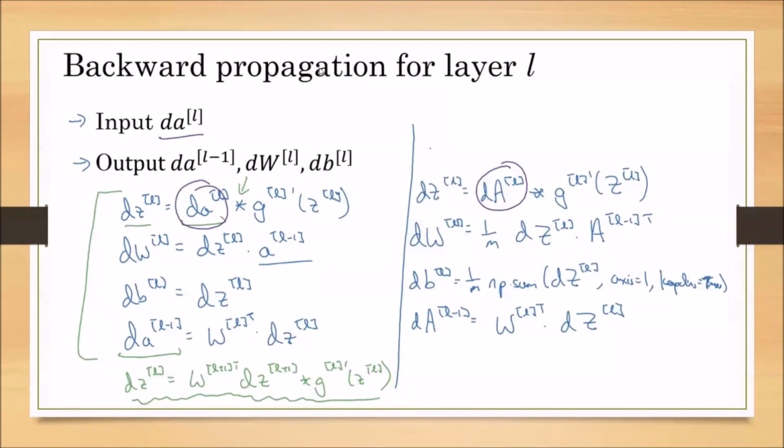This is the vectorized version of the representation. Instead of small da, now we are taking the capital dA. In the vectorized version, we are performing for all training samples. So this dAL is the matrix consisting of m training samples. Each column represents that particular training sample. And whenever we want to find the dWL, it is 1/m, because we are performing the average, into dZL into AL-1 transpose. Here also we have to take the transpose.